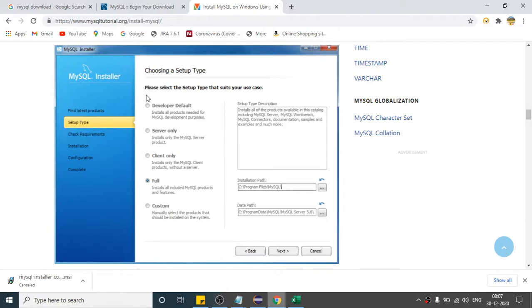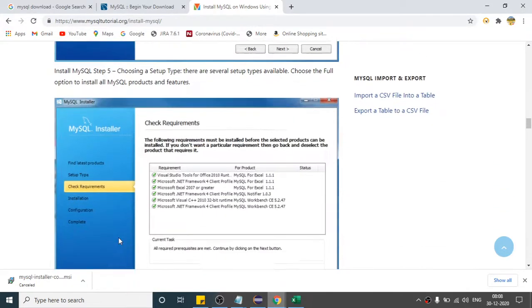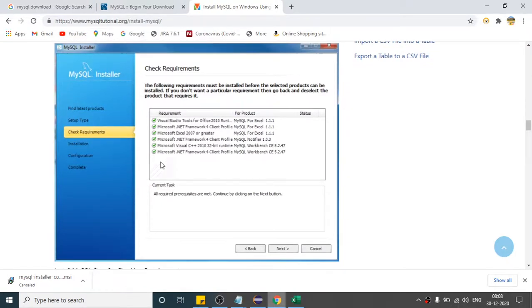Whatever, when you install it for the first time, I think by default this one will be selected. Do not change anything, right? On this page, when you come to setup type, I think Developer Default will be selected by default. Here they are selecting Full, but whatever is the default, just go with that and click on next. Do not change anything here, just click on next, and after that it will try to download some